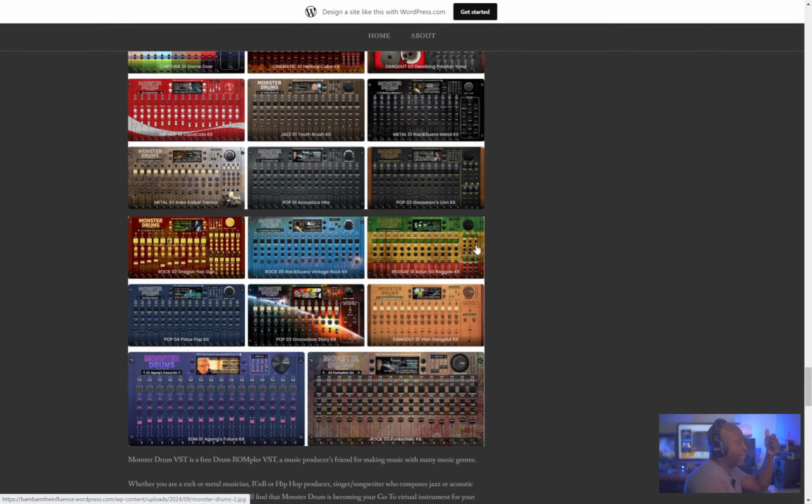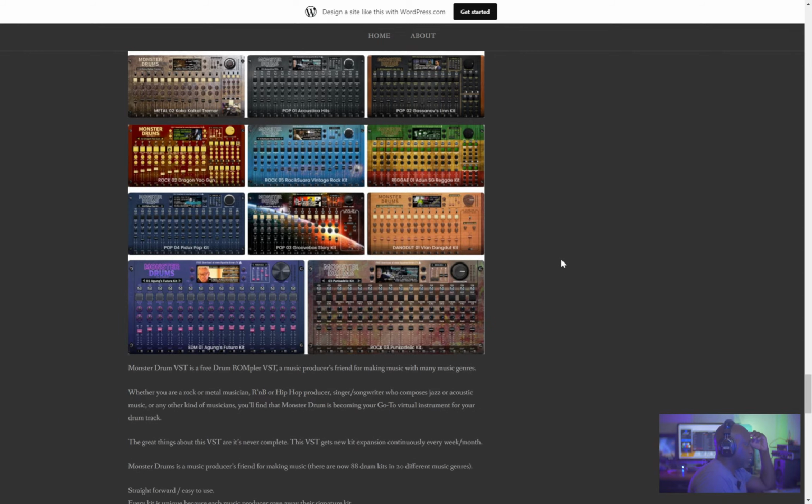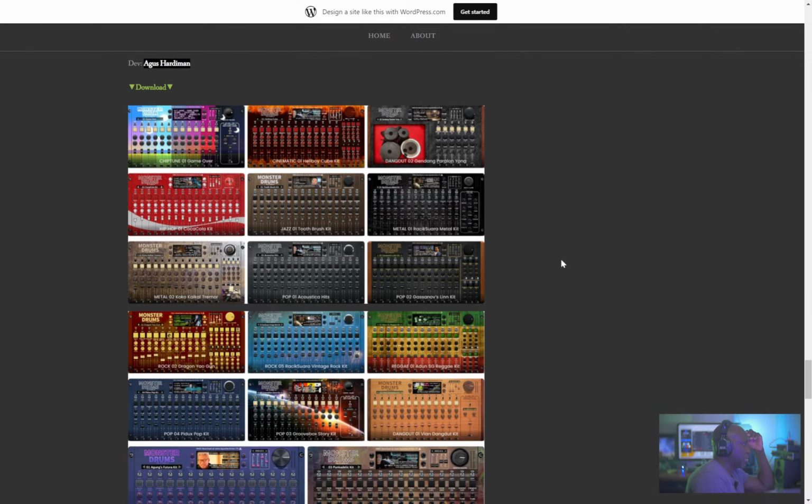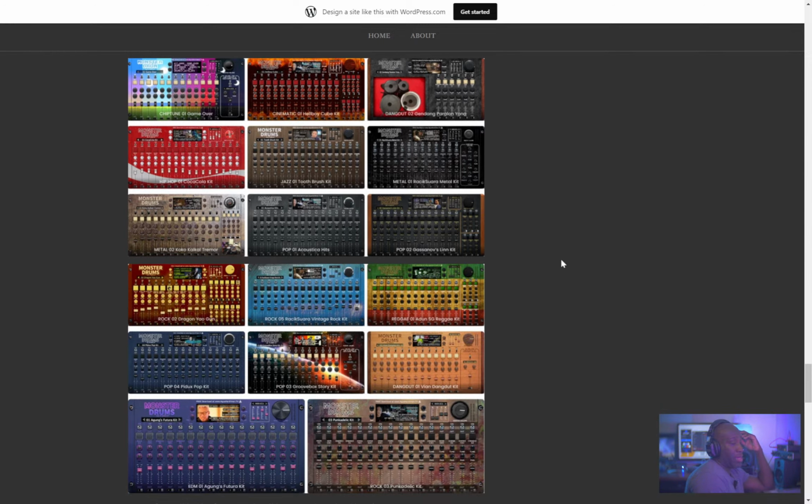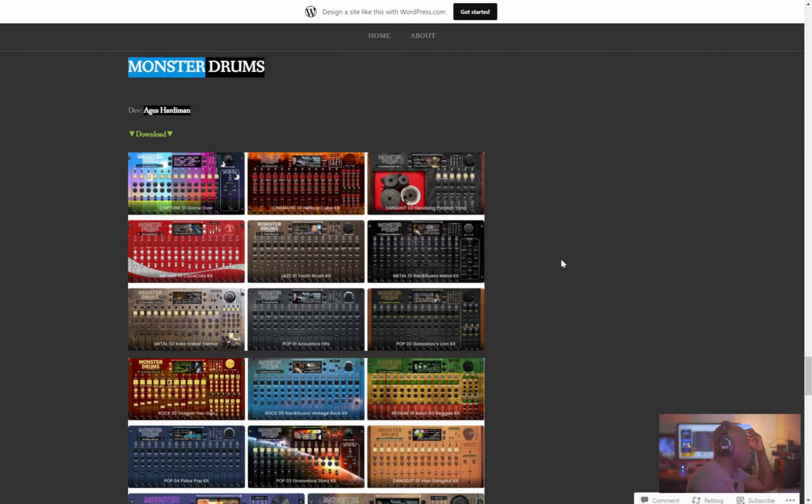So you have that. You have multiple routing, so you can output the multiple parts of the kit: drum snare, kick snare, toms, hi-hat. You can multi-track that out to your DAW for better mixing and processing, which is always a good look for plugins like this. This one comes with a lot of different drum kit styles, from studio to pop to rock